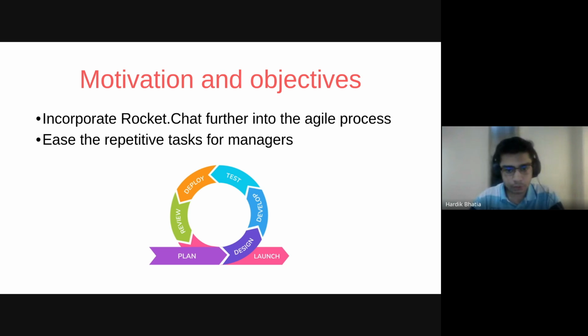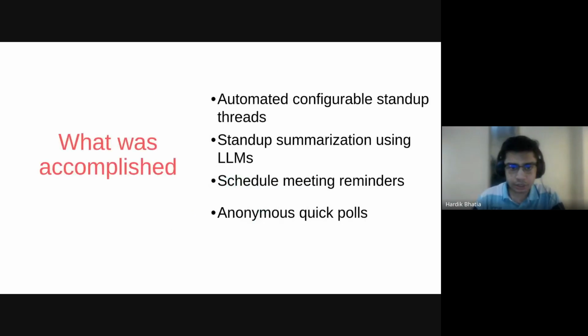So I took four of those things and made them into features which would streamline and improve the speed and performance of managers by having those things directly integrated into Rocket.Chat. And I think that we accomplished that. So these are the things that were accomplished. We have automated configurable stand-up threads. For a very quick example, every Monday, Friday, and Wednesday, we need to have follow-ups or stand-up threads